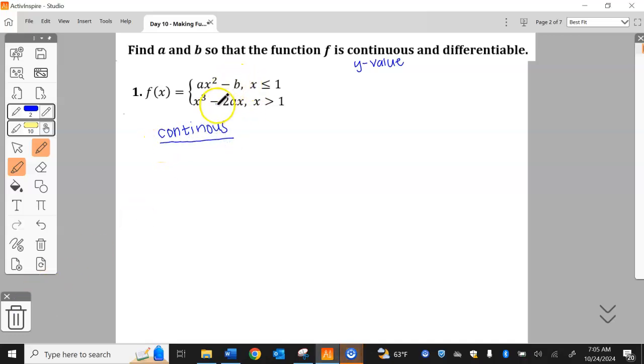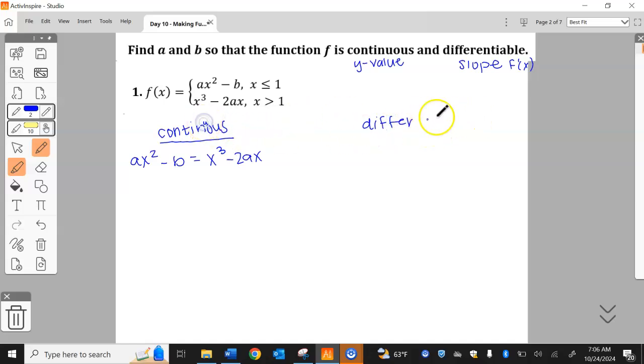And I'll do that by setting the y values equal to each other, which is just the f of x value, the function value. So we have ax squared minus b equals x cubed minus 2ax. Now to make it differentiable, that means it has a slope. So in order to make it differentiable, I need the slopes to be equal, which we always get from the derivative. So now the second part,